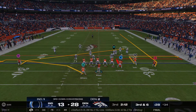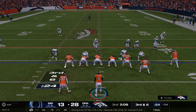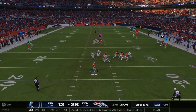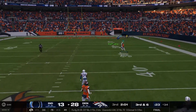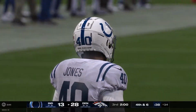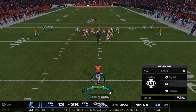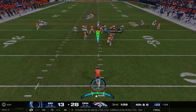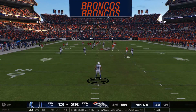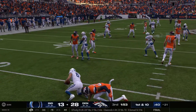Now a 3rd and 6. Let's go now. Let's go. Now it's Wilson. He'll air this one out for Mims. And he knocks the ball away, and it falls incomplete. They decided the opportunity was there and launched a deep ball, but he was unable to get away from the defender, couldn't create space, couldn't uncover at the end of the route, and that one winds up incomplete. And good coverage there by the